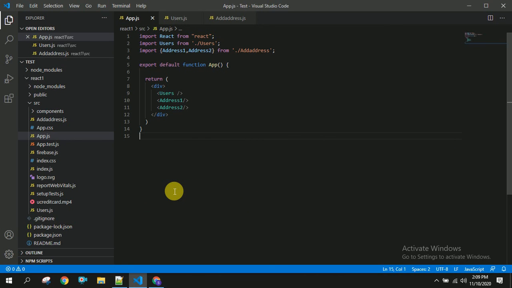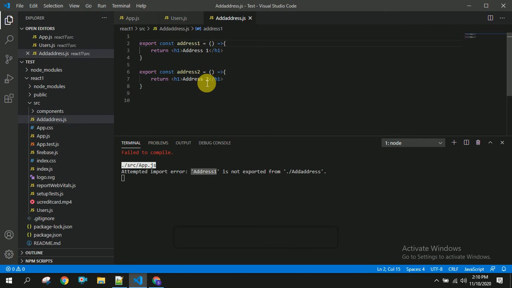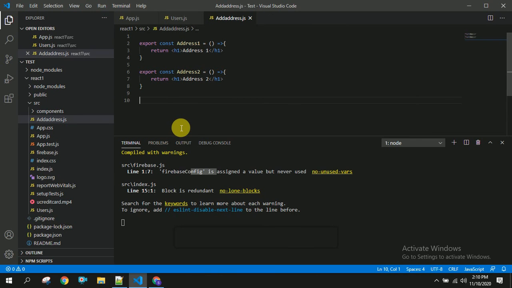Once I run this, you can see we got an error like this: address 1 is not exported from address. So if you want to use the named export, you have to give the exact name that we have exported. You have to specify the exact name here. So here I am going to change that. If I save this, this error will be removed.